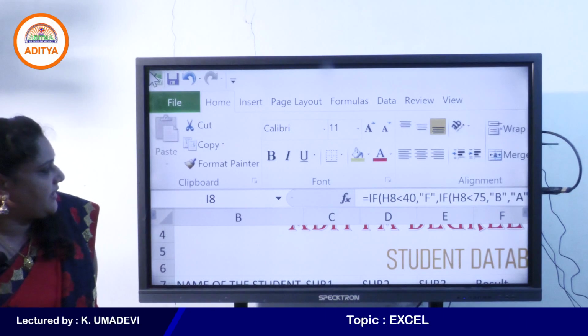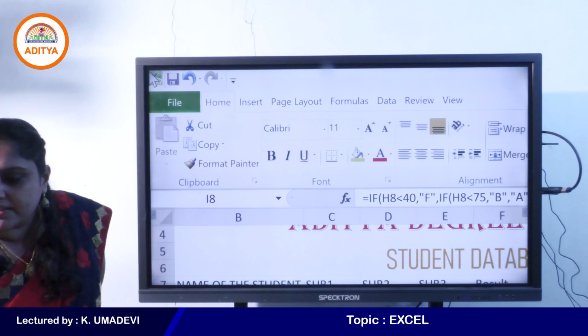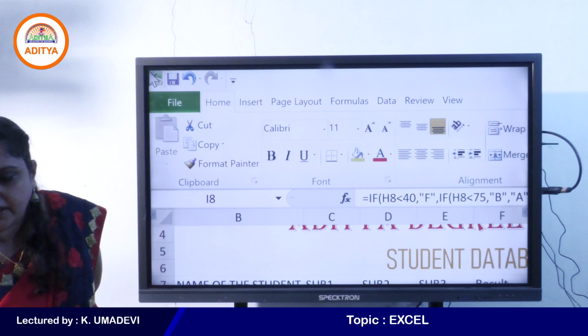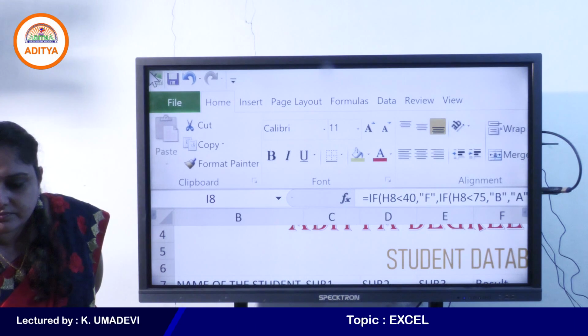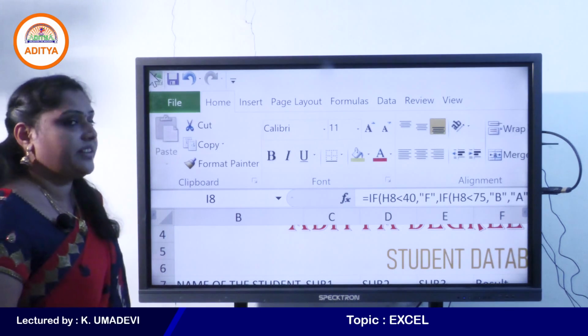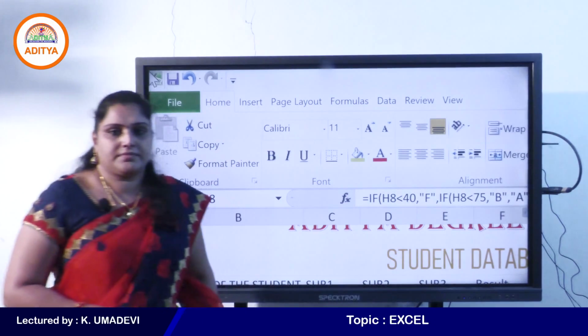Yes, see, Excel itself contains grid lines, so no need to open the tables. Just open your Excel window, okay? Lalita, what is your doubt? Clear, students? So like this we use nested formulas in Excel, okay?